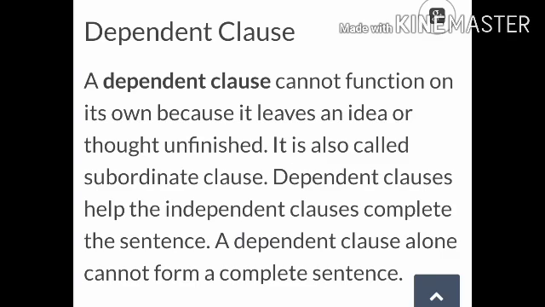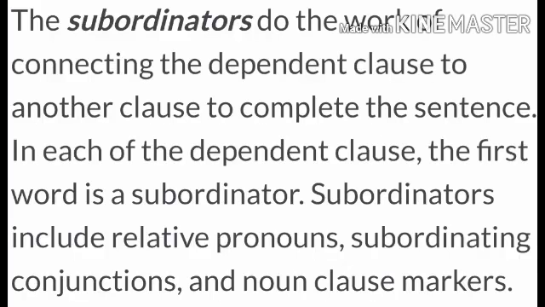Dependent clauses help the independent clauses complete the sentence. So a dependent clause helps the independent clause in order to complete the sentence, and a dependent clause alone cannot form a complete sentence. Now, as we know, this dependent clause is also known as a subordinate clause. Then what does this subordinate clause mean? It does the work of connecting the dependent clause to another clause to complete the sentence. In each dependent clause, the first word is a subordinator, and